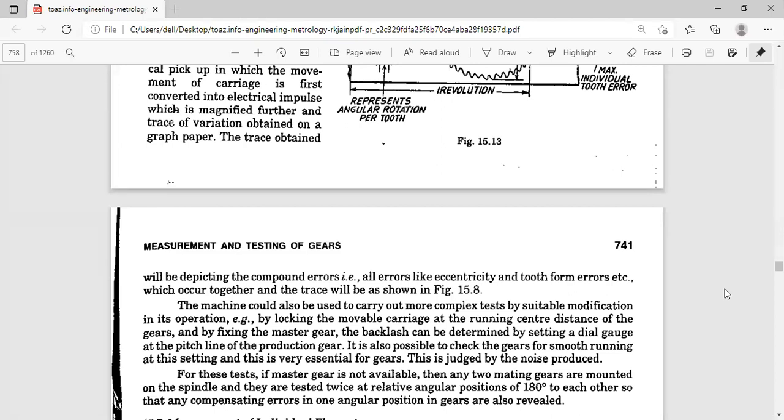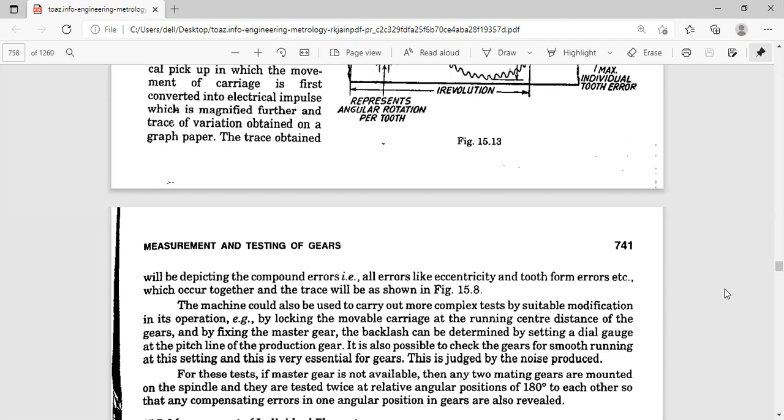So here we can conduct a complex test by suitable modification, because for example, we can lock the movable carriage, that is the running center distance of the gears, and by fixing the master gear, we can determine the backlash also.